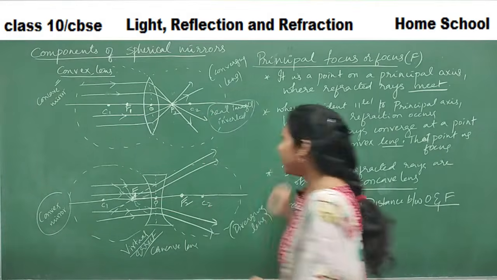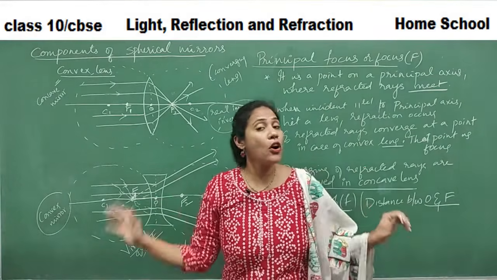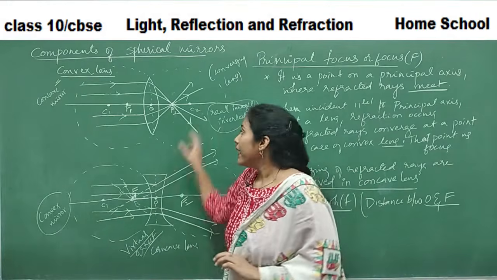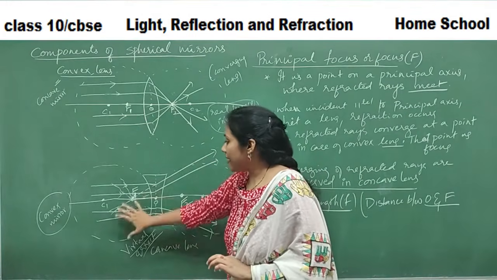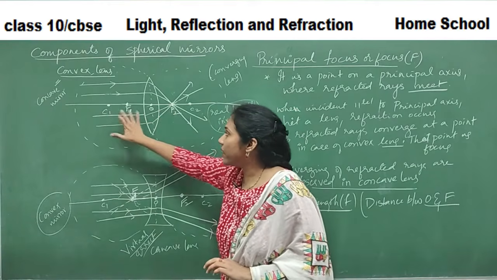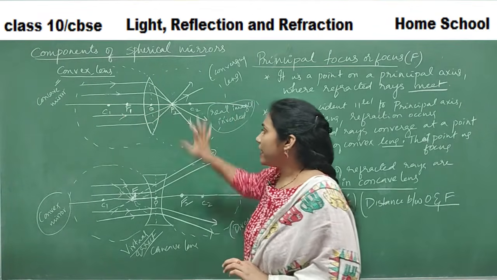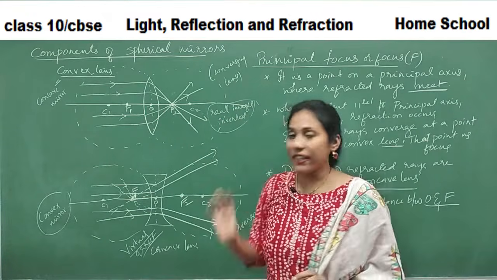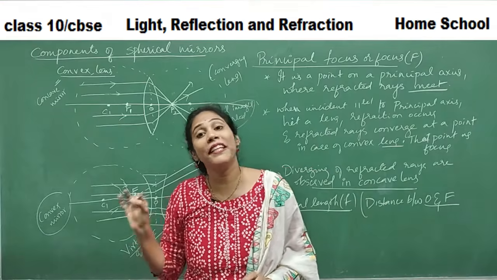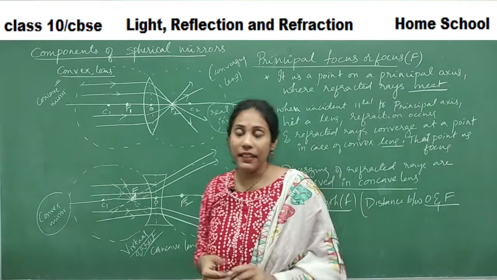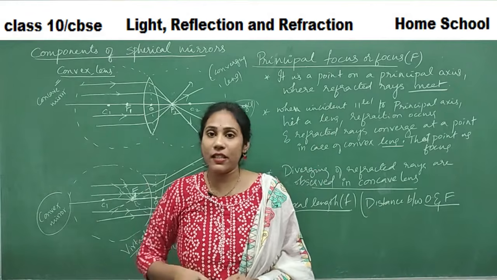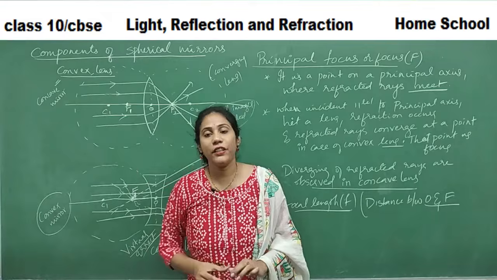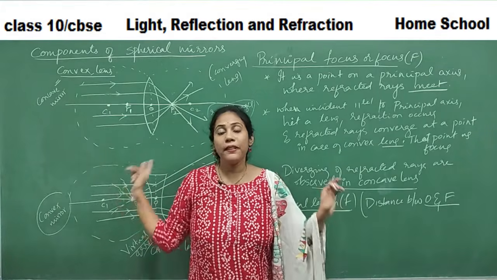So that's all about today's video. Revise all of them very, very carefully, because this is a very basic point, and all these terms you must understand. You must know where to put C1, F1, O, F2, C2, everything. Only if you know these components very well can you understand the image formation by spherical lenses, which we will study in the next video. So let us study the ray diagrams in the next video. Till then, revise the concept carefully.